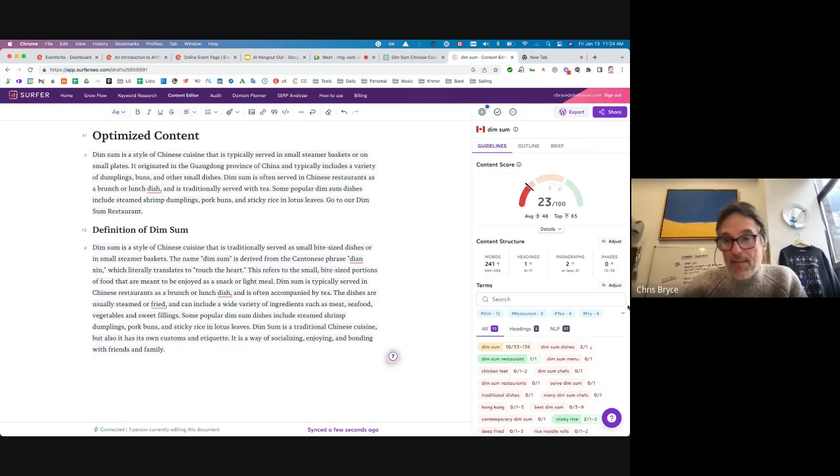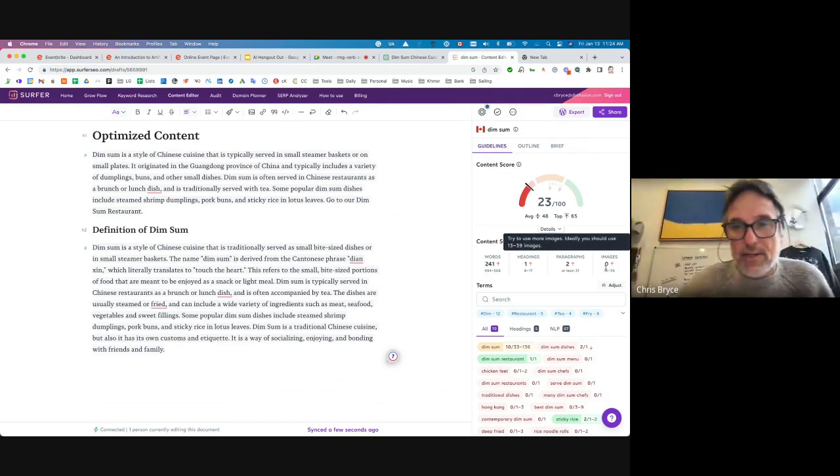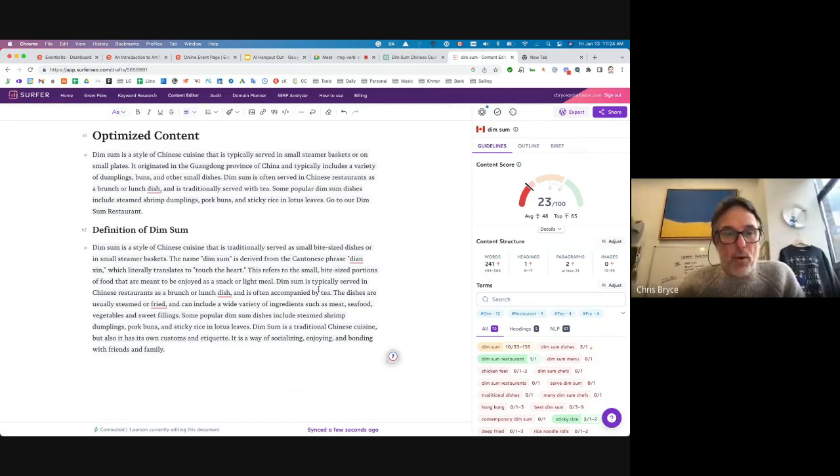We then take this, add the right amount of images, and I'm going to get to that next using AI to create some cool creative stuff. And then we'd post that on our blog or website. So that is a super quick version of using an optimization tool in conjunction with an AI copywriting tool, of which Surfer will do a little bit. Surfer also connects with Jasper AI, which is a similar AI creation tool that basically queries the internet for information and writes content against it.